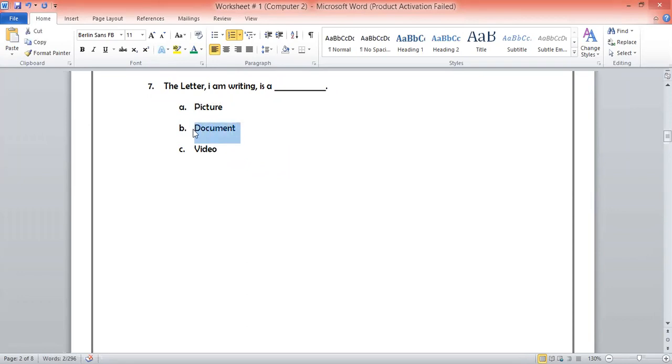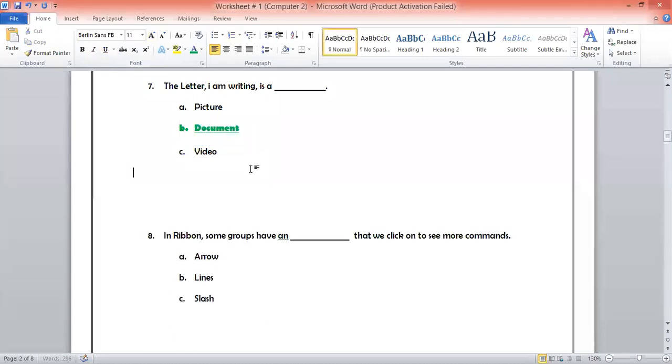Yes, Adam, you are exactly 100% right. So it's a document. Yes, Saud. Letter, story, whatever we are typing, anything we type on Microsoft Word is called a document. You type one line, 10 lines, one paragraph, your name, your friend's name, your phone numbers, whatever you type, all of it is considered a document. Yes, Amgad, you are right. Amgad Mohammed also gave the correct answer. That's good. So the answer for question number 7 is document.